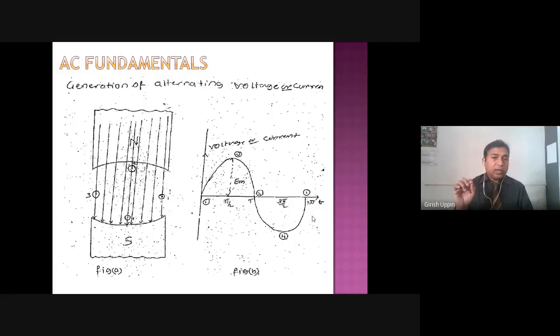So this is how the sinusoidal voltage or current is induced. And if you keep on rotating like this with some mechanism, you are going to get the subsequent cycles. As long as it is rotating, that many cycles of EMF are induced, and it would be in the sinusoidal form. Any questions here?